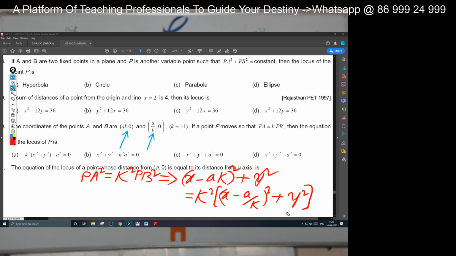Answer. x square plus a square k square minus 2axk plus y square is equal to,